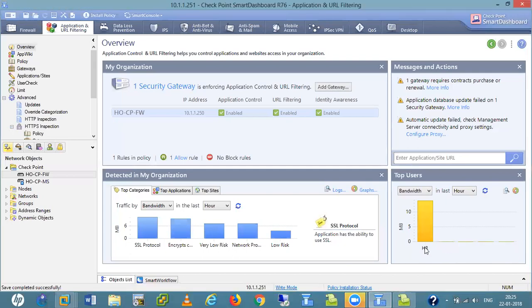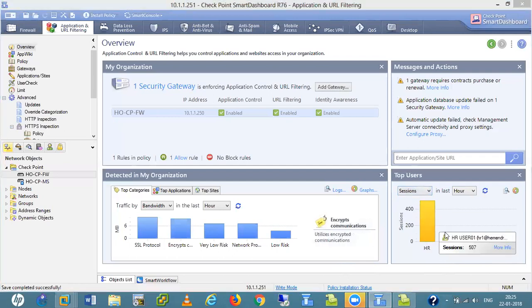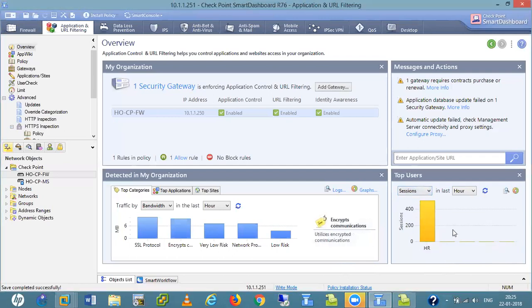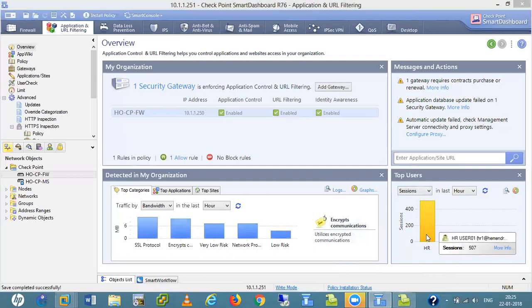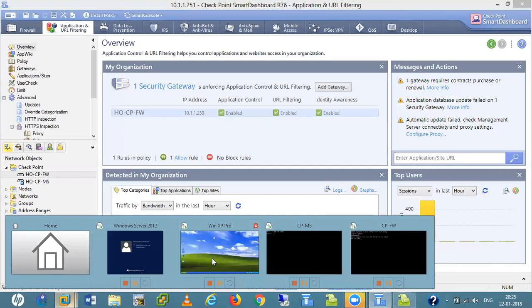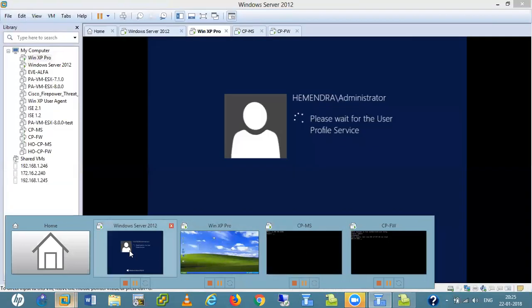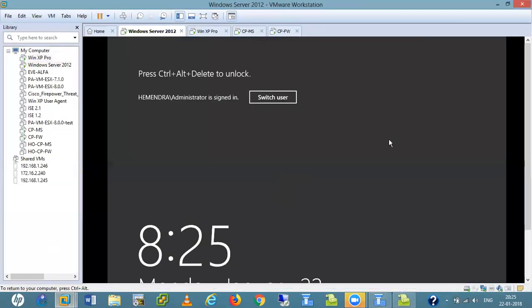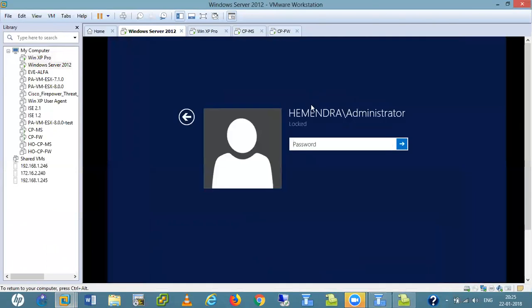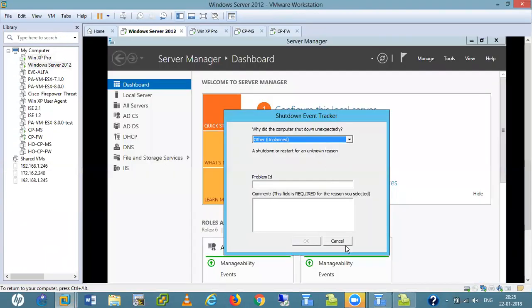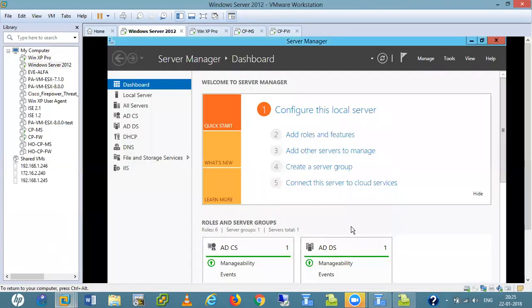If I see session wise, I have generated sessions with one user only right now, so I am getting this information. I also added this user, administrator, in my policy. So if I see the connection for this,